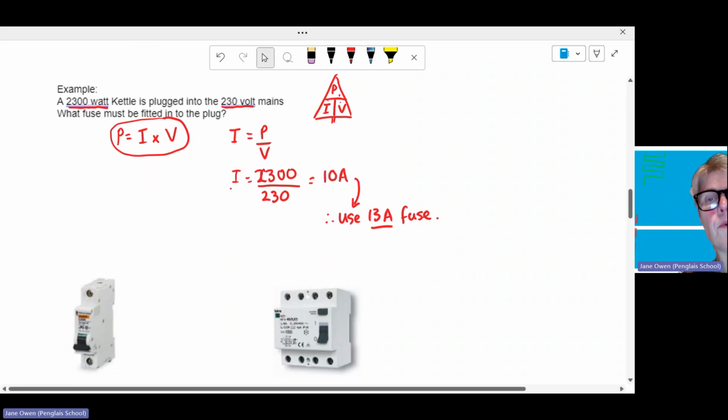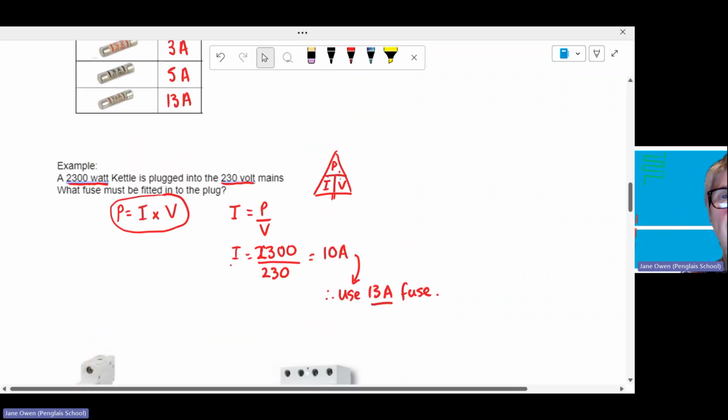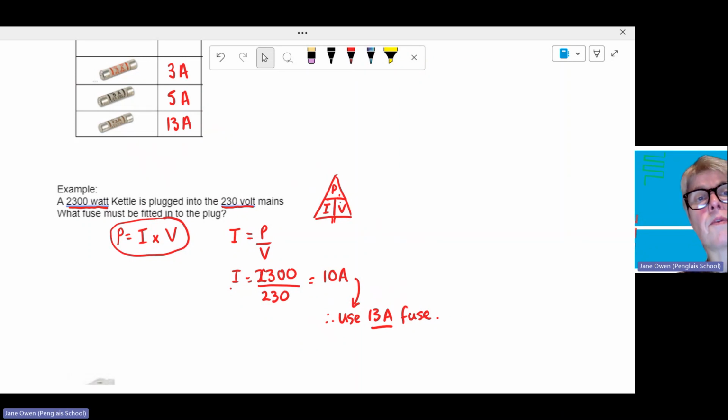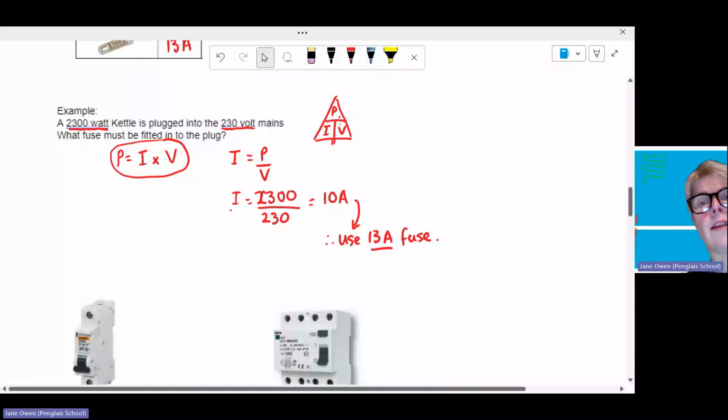So the idea is with the fuses, they have a special rating so that if they go above that amount that they state on the fuse, then it's going to blow and melt the wire inside the casing and no longer be able to work the circuit because the circuit has been broken. So for example, a 13 amp fuse, if we have more than 13 amp in the circuit, for example 15 amp, then it will blow that fuse and it will no longer work and it will protect the circuit. Mainly things that need heating